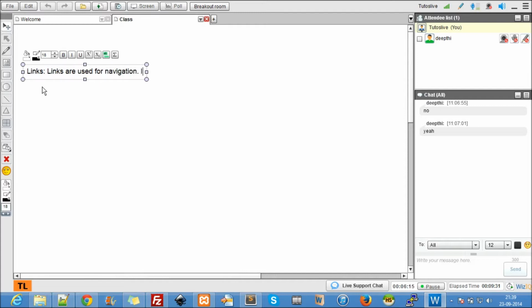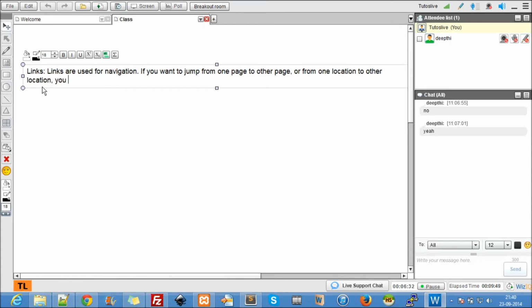If you want to jump from one page to other page, or from one location to other location, you need links. So you need links to navigate from one page to the other page, or to jump from one location to the other location. So links are of two types.